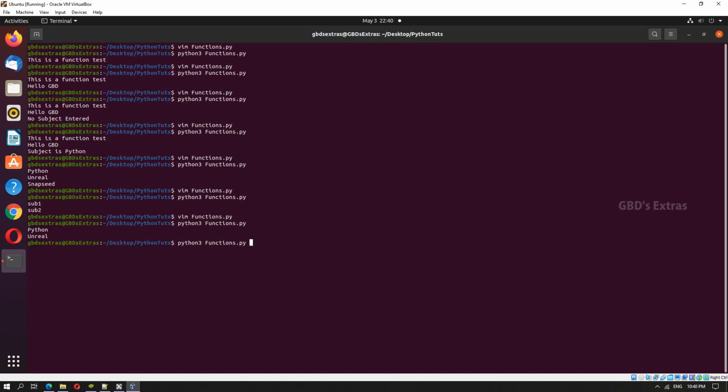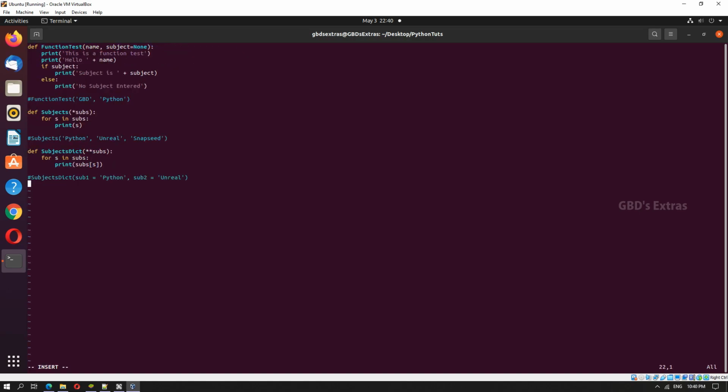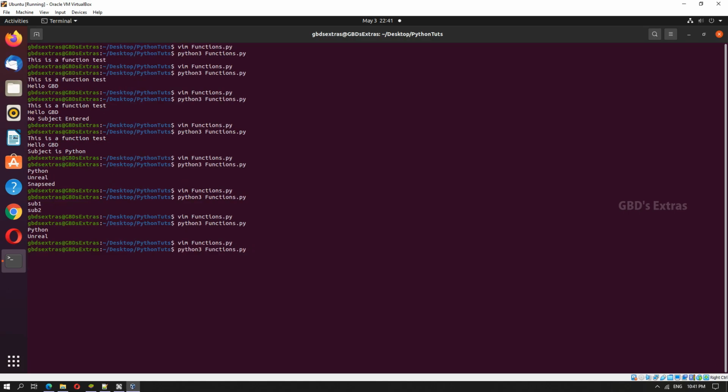Now what if we want to get some return value? We will take a basic sum function. Whenever we use a return value, it is better to call the function from a variable so that the return value gets stored in that variable. Now when we execute this, we get the total.